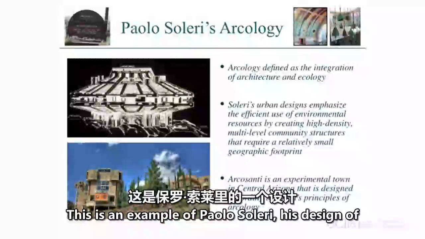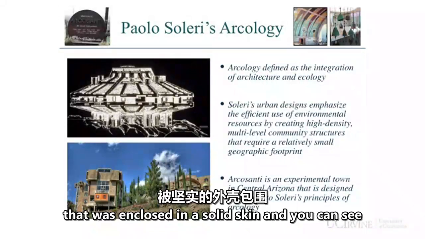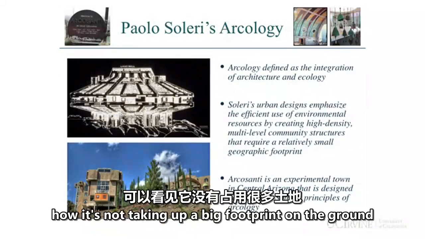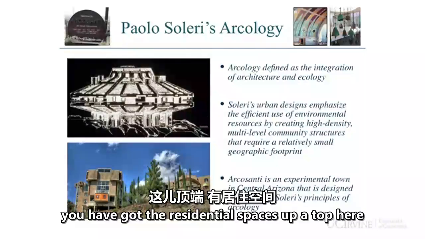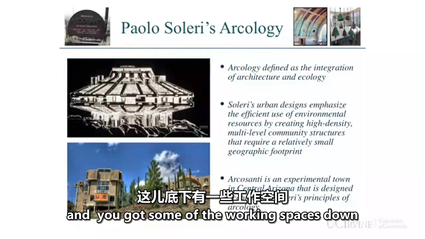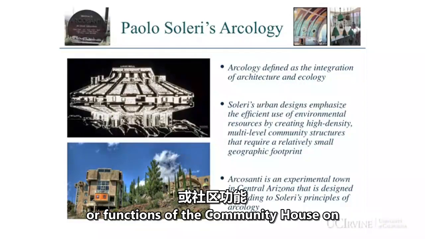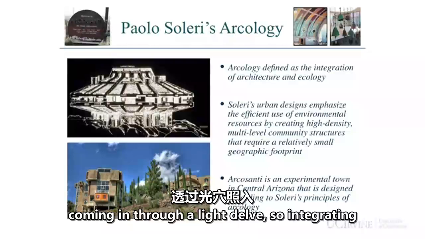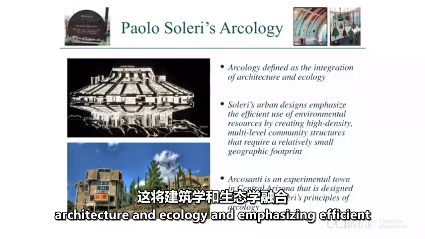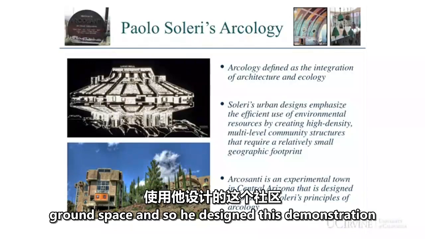This is an example of Paulo Soleri, his design of this sort of organic structure, a city, a community that was enclosed in a solid skin. And you can see how it's not taking up a big footprint on the ground, but instead uses this cubic space where you've got the residential spaces up at top here, and you've got some of the working spaces down here below. And so you've got these different areas or functions of the community housed on different levels. And here you've got natural light coming in through a light well. So integrating architecture and ecology and emphasizing efficient use of resources by not taking up too much ground space. And so he designed this